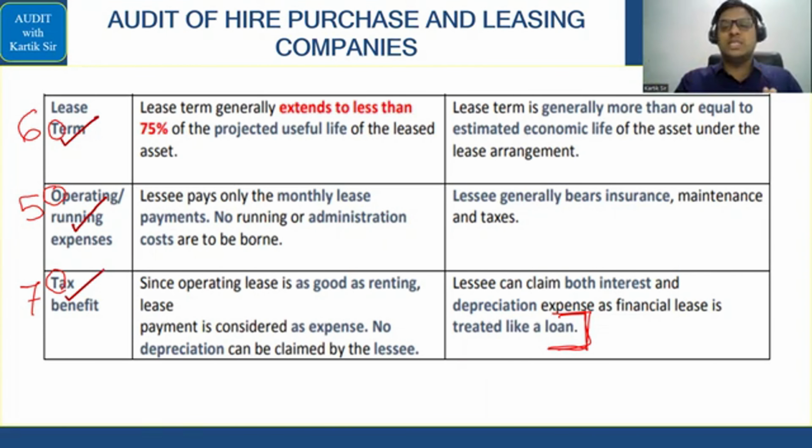And then you can go through the content because this was explained in the class and this is similar to AS19 that you see in accounts. Okay, so I don't think there will be any problem from that angle. Okay, very very comfortable, okay? That completes your hire purchase and leasing transaction के entries.